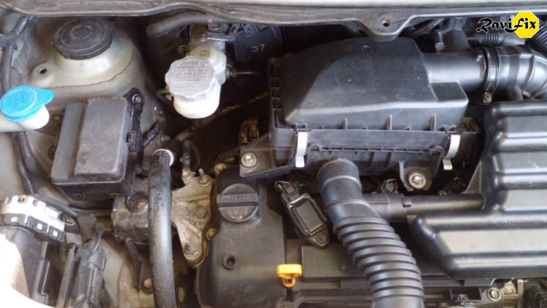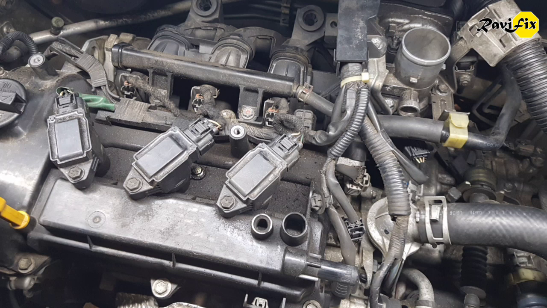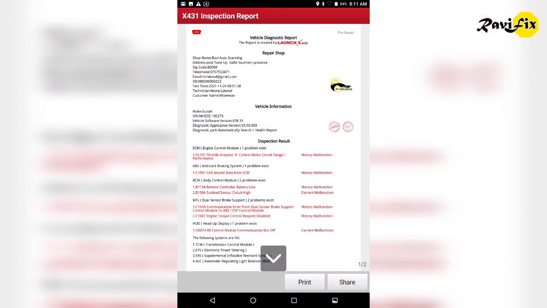It happens a few times. A few shops have tried to diagnose and somebody has swapped the non-good throttle body to check, as it throws a P2101 fault code for throttle actuator control. But the problem still exists. So I was lucky here that I was able to duplicate the fault by snapping the throttle and keeping it a couple of minutes steady over 2500 rpm. So let's see how we diagnose it.